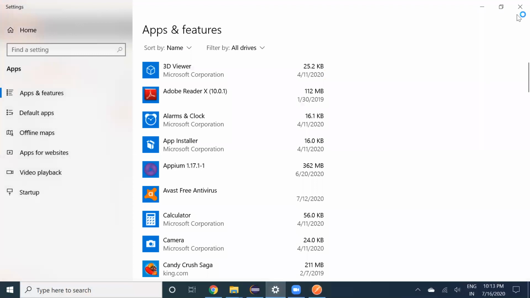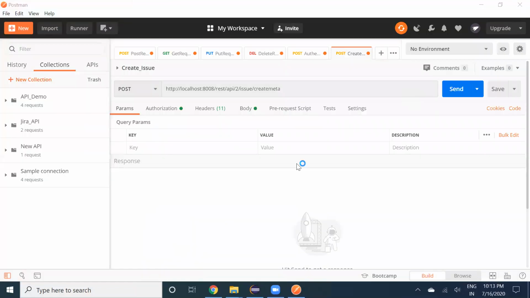Okay, so I have my own API, but there is one small update that needs to be made. So instead of that, we'll go for the API we already have. Then I'll do some changes in my API to test automation, and then we'll use it. So first, we'll go to the old API which we had.